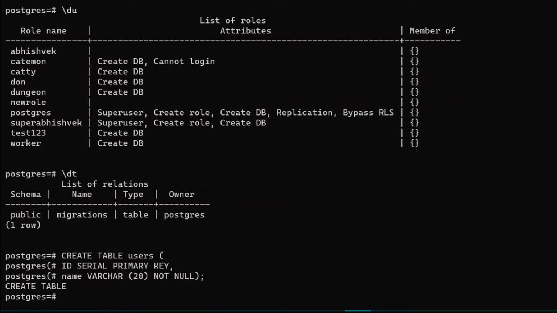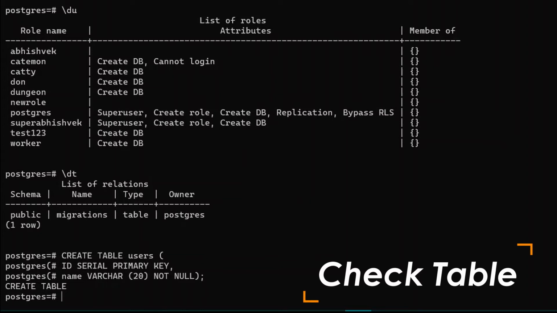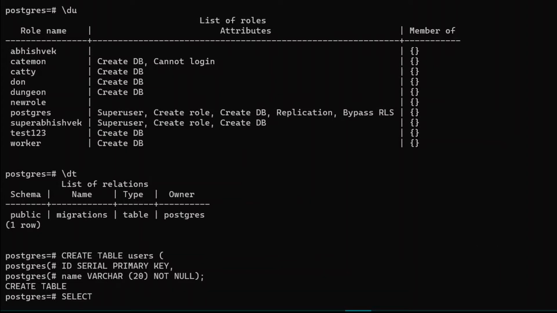So once we have created a new table of users, let's check up the following table. For checking up that table, you should be writing here select the following table, and for selecting every data from our users, that is every column from our users, you should be writing here an asterisk or star, whatever you need to call it. And here I will be writing my table name, which is users, add a semicolon and press enter. But before pressing enter, you should be adding here a property of from the following users, press enter.